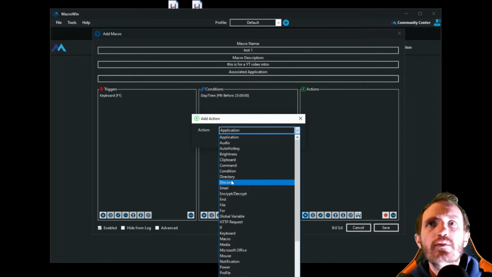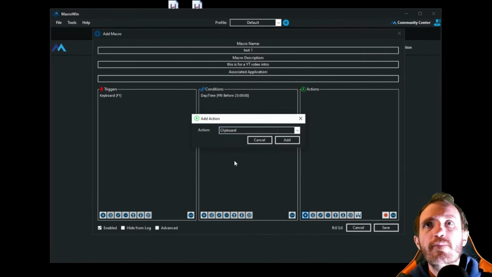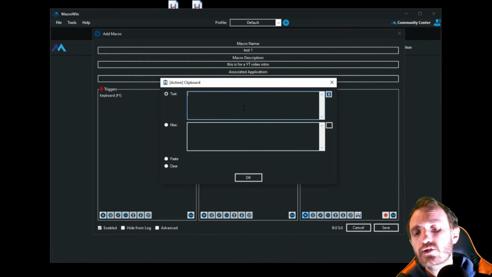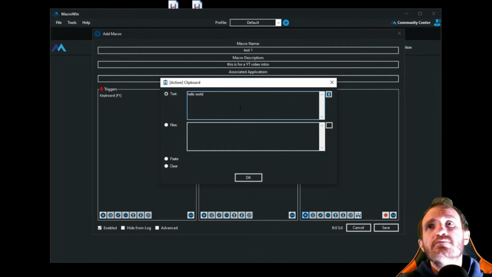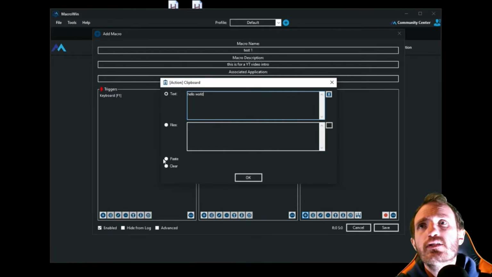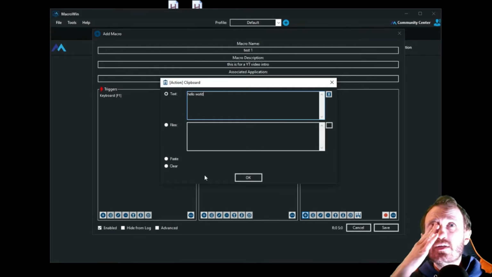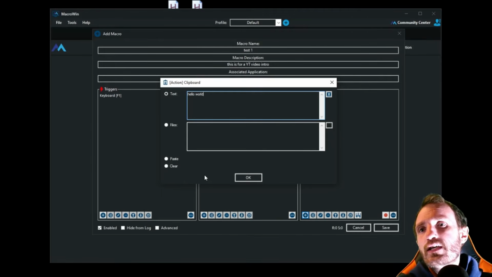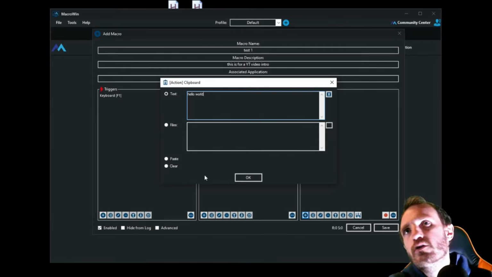Once again, let's keep it simple. Let's play with our clipboard. So we want to change our clipboard text to say, hello world. You can also do file stuff, paste, clear, maybe clear your clipboard. Maybe you have that go off every X amount of time, your clipboard gets cleared every 5 minutes. Maybe you work at a super secure facility where they don't want anything in your clipboard for too long in case a hacker comes along or something.